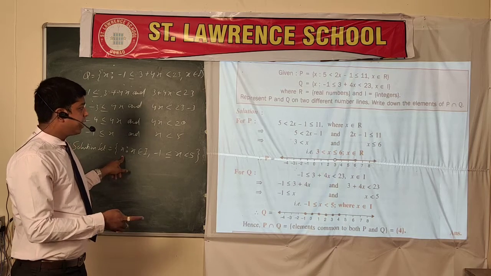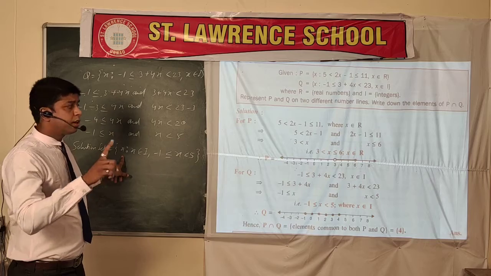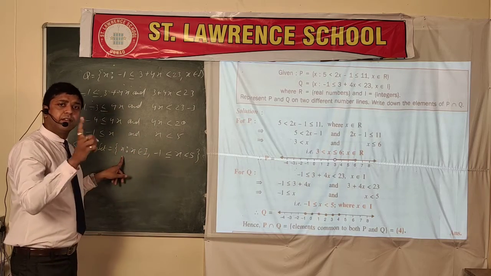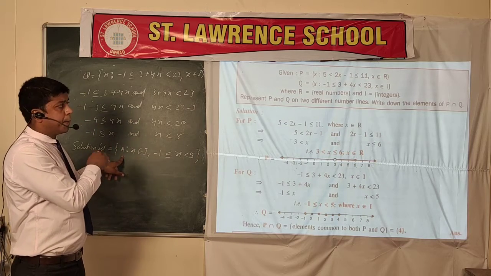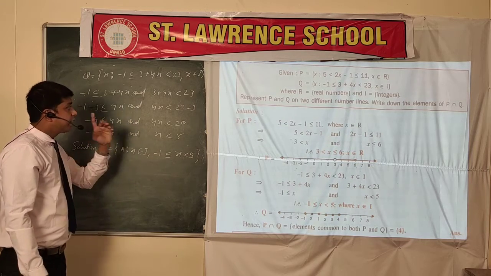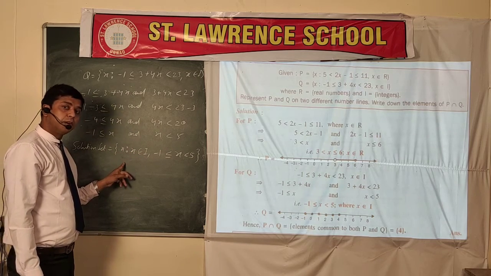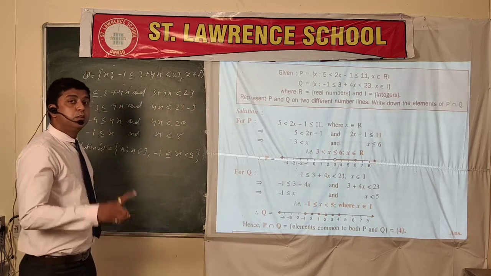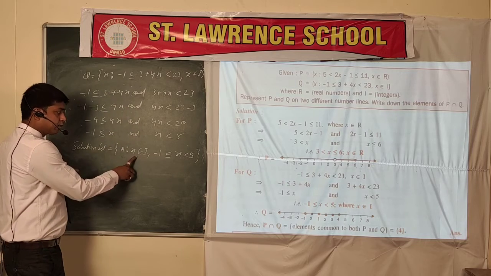I said that only the real number is written in the set builder form. That doesn't mean you cannot write the other equations in the form of set builder form. Every equation can be written in the form of set builder form, solution set. But in the case of real numbers, you can write only in set builder form. But in case of others, when integer, natural number and whole number, you can write in roster form also. Means this is also correct.